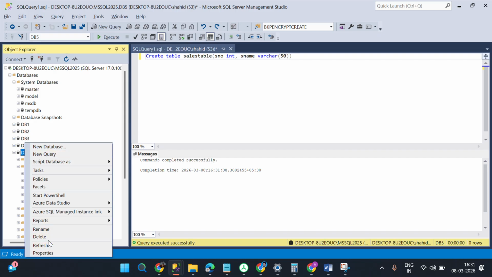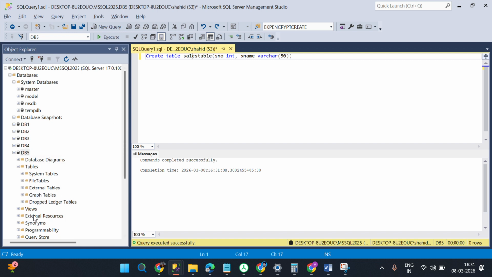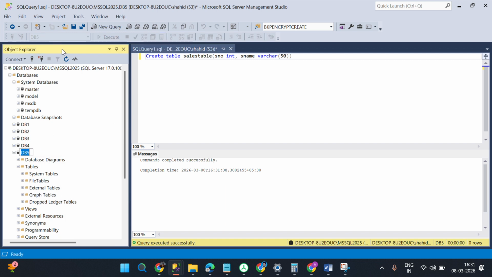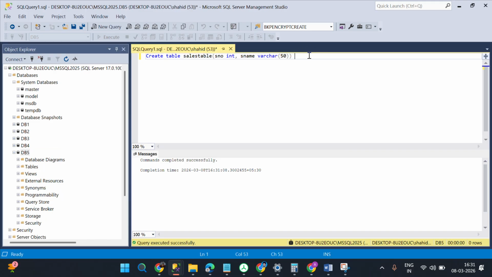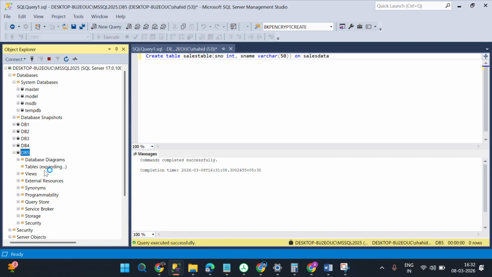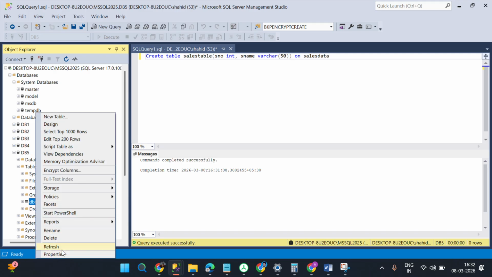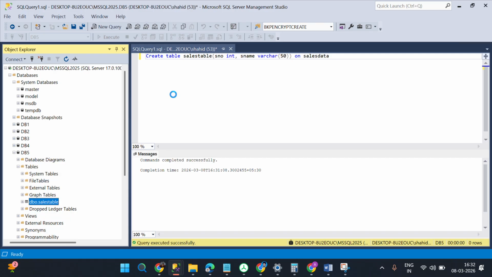I will show you now. The table has been created. If it is not given here for default path, we have to create like this on the sales table. Okay. So that's what I want to explain to you guys. So if I expand this table, now I'll find the sales table. If I go to the properties here,